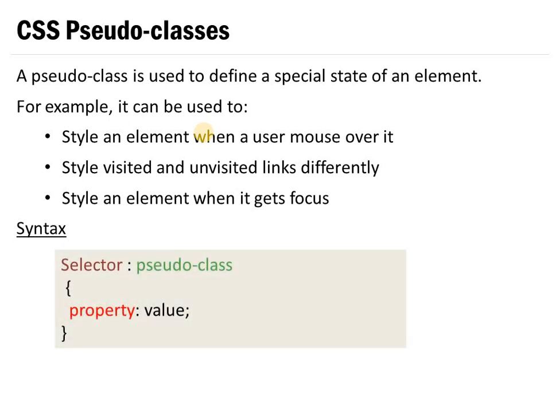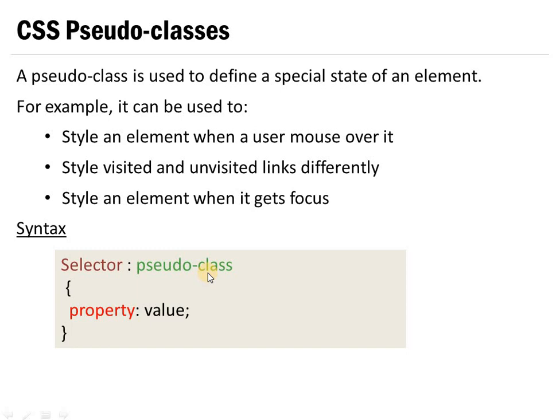The syntax is very simple. Okay, just like you are applying style for any HTML element, but the thing is that this portion is just added: colon and pseudo class name. The selector is any HTML element. Okay, it can be a simple element or it can be a nesting of elements, like that. And after the selector name, colon, and after the colon there should come the pseudo class.